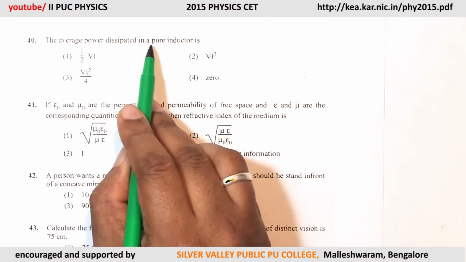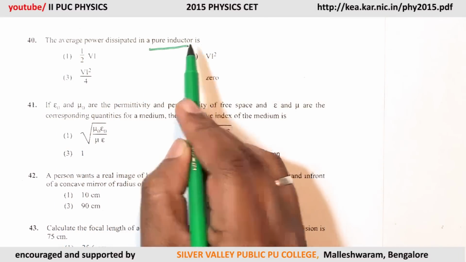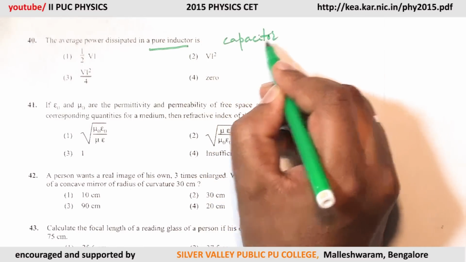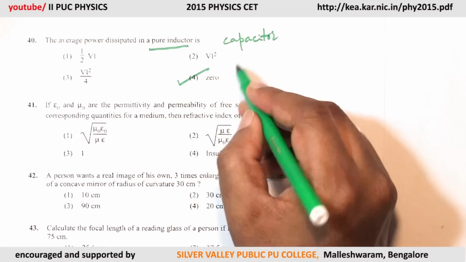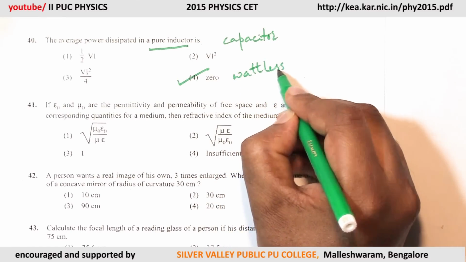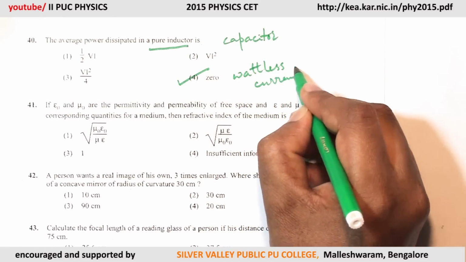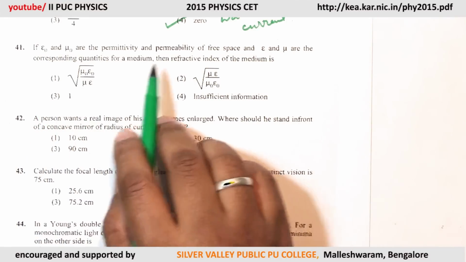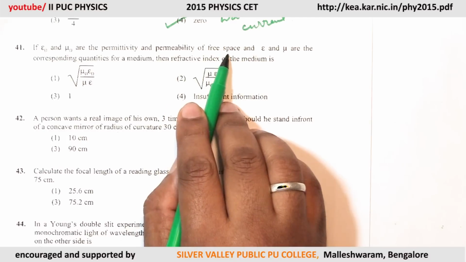The average power dissipated by a pure inductor or pure capacitor is 0. That is why it is called wattless current. Wattless current. If epsilon naught, mu naught are the permittivity and permeability of free space,